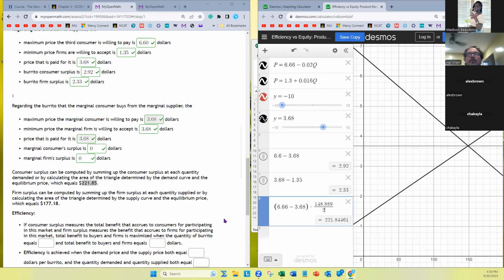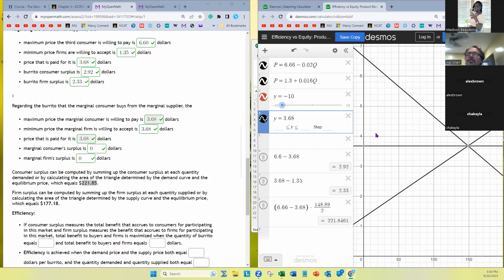My consumer surplus, well, I guess that what I did is I did it that way. That's weird. Again, there's a round off error, right? Oh, that's right. So I used 148.89. When I round this to 2 decimal places, I get 0.84 or 0.85, right? That's how I got that right there. That right there is the consumer surplus, this triangle up here, the upper triangle, the triangle that's between the vertical axis, the equilibrium price, and the demand curve. This triangle here is consumer surplus, right?